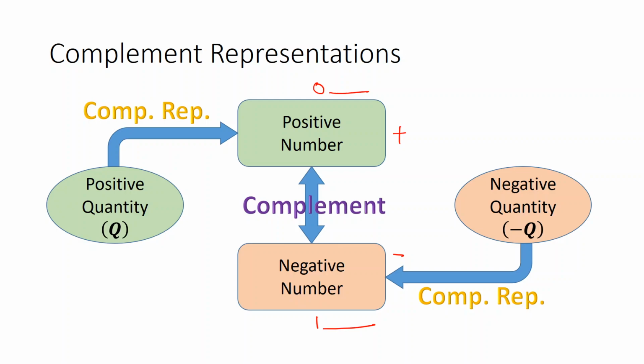So in radix and diminished radix complement, the positive quantity is represented by the same number. However, the negative quantity is represented by different numbers which differ by a 1 basically. Okay. So this is all about the representations, and in the next lecture we will see how these representations are useful. This complement representation basically is useful to carry out arithmetic operations using negative quantities. So we will only see the addition operation basically, which will also be the subtraction operation when we are dealing with negative quantities.